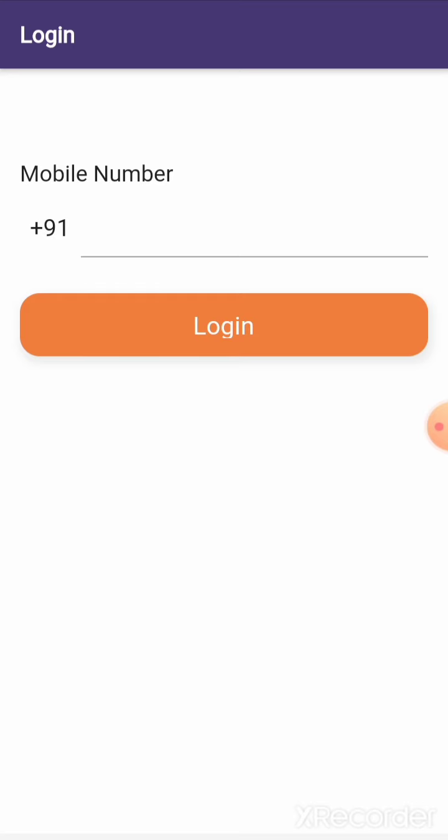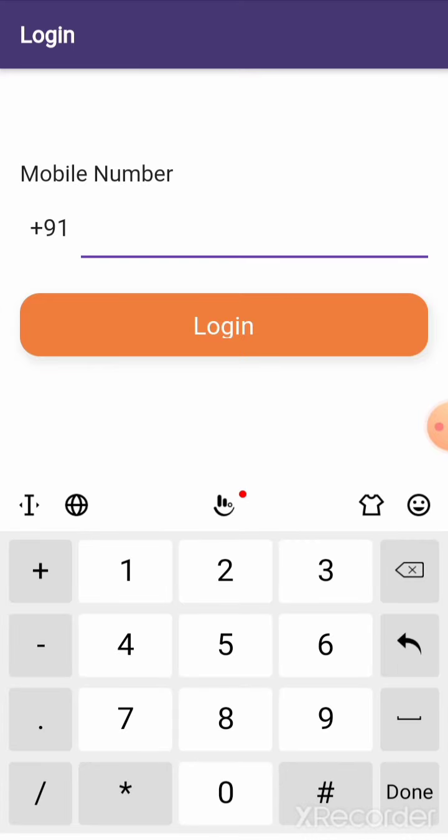You can find this app on Google Play Store. You can download and install. After opening the app, you will land on the login page where you need to enter the mobile number on which you want to receive OTP. This mobile number should be a registered mobile number.